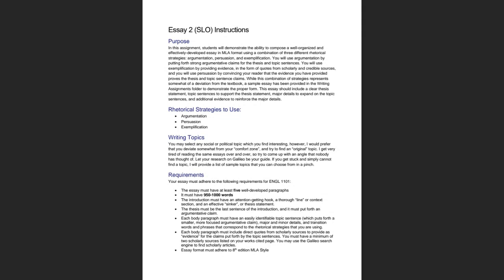Those kinds of things are good, and it just really depends on what sort of information you can find. And like I said, we're going to be going over the strategies and talking about them in some other videos, so hopefully it will become a little more apparent. If you're worried about a topic, of course, you can reach out to me and bounce a topic off of me. And one last thing I want to say about topics is that you should not worry about